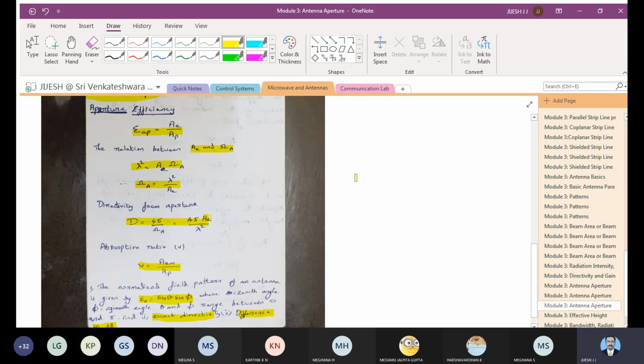As I have told you, all of you should be very keen in understanding the integration part of it. Integration is very important wherever it comes, for the limits 0 to 2 pi and 0 to pi. You have to solve it, and it may be for sine theta, sine cube theta, or sine theta sine phi. Any combination can be possible, so you should be ready for integrating the things.